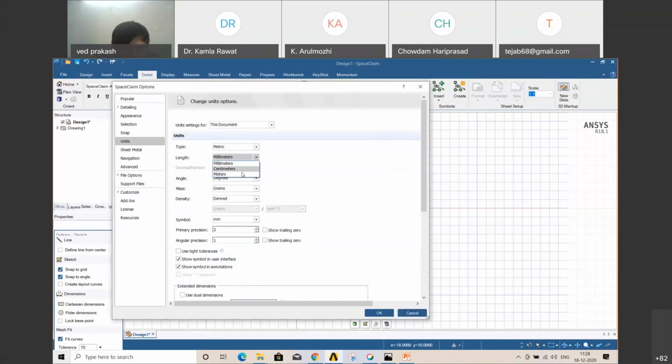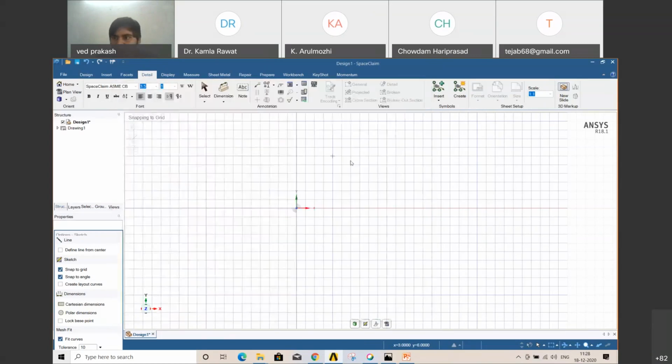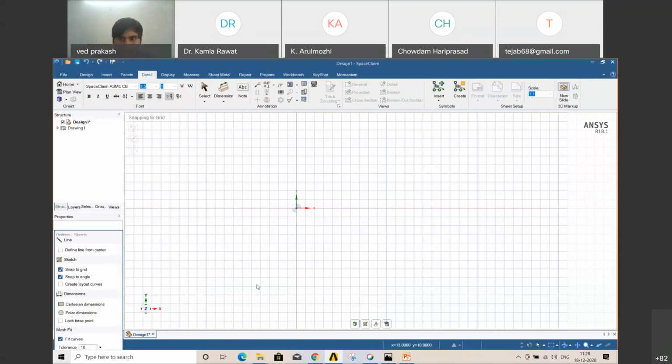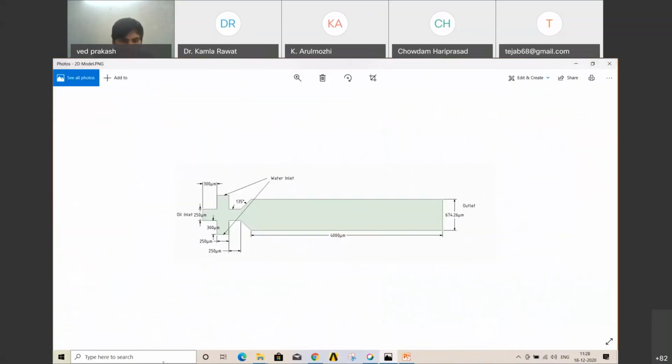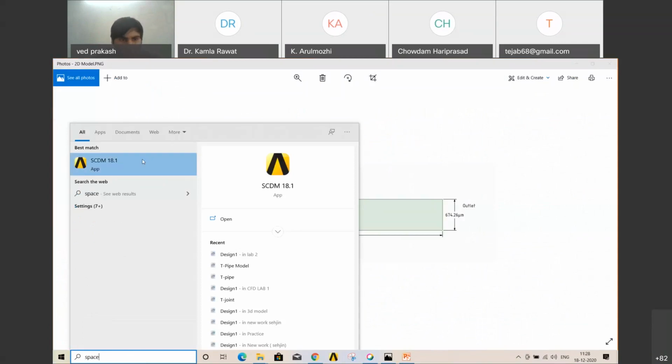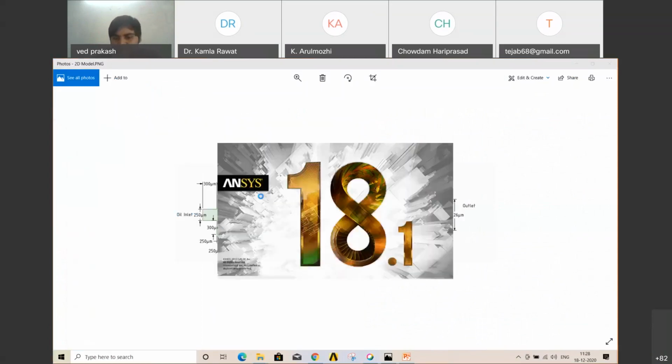I think there is some problem. Let me open it again. Sometimes this kind of problem may occur. You just have to restart your software.